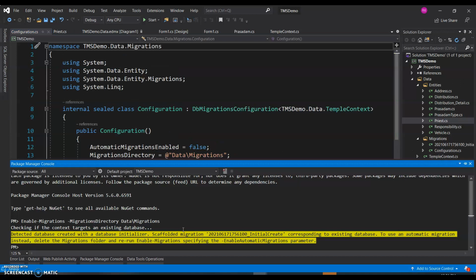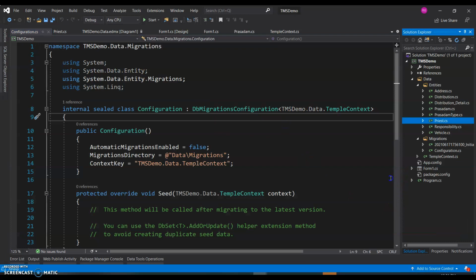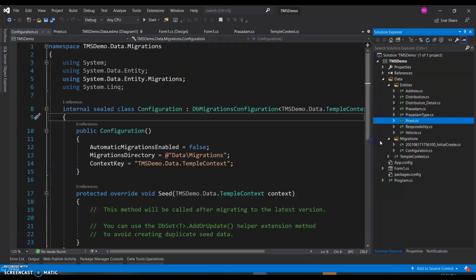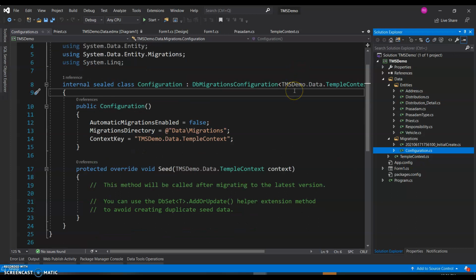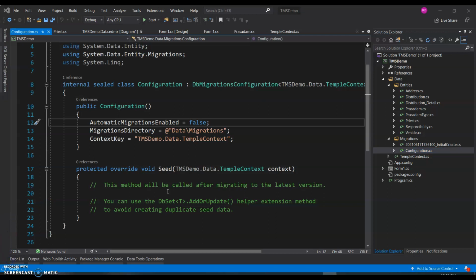So it will do its job, and if you see here now, we have a migrations folder. Okay, and there is a configuration class. Now most of the times we would not have to meddle with this. Like I said, migration is mainly for the framework to make sure that it keeps the database and models in sync with each other. So for a moment, let's just ignore these 2 files. We will take a look at them later, but at this point we are still not ready with the migrations. We only enabled the migration required infrastructure.